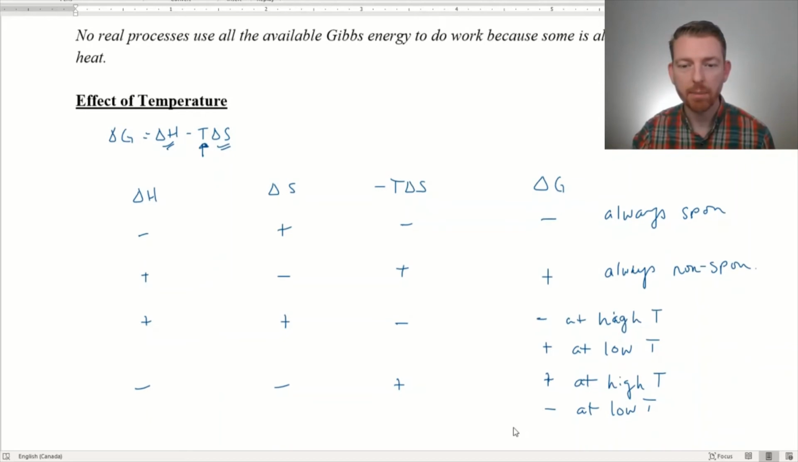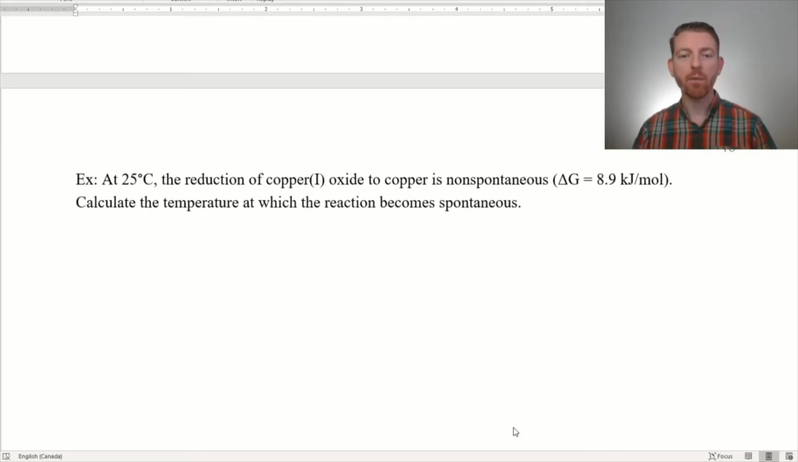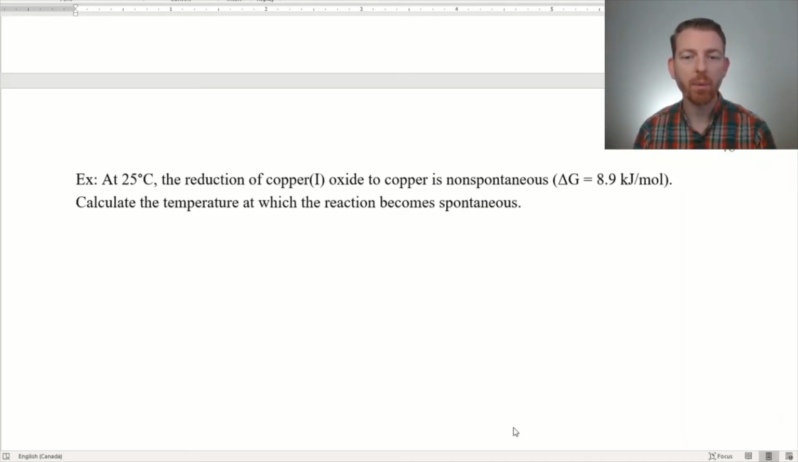So let's look at an example of how temperature can change a reaction and see if we can determine the temperature at which a reaction becomes spontaneous. So here we have, at 25 degrees Celsius, reduction of copper(I) oxide to copper is non-spontaneous. Okay, so already we're saying that at room temperature, this is not a spontaneous reaction. So reduction of copper oxide to copper is non-spontaneous, which is another way of saying that copper oxidation at this temperature is a spontaneous process,